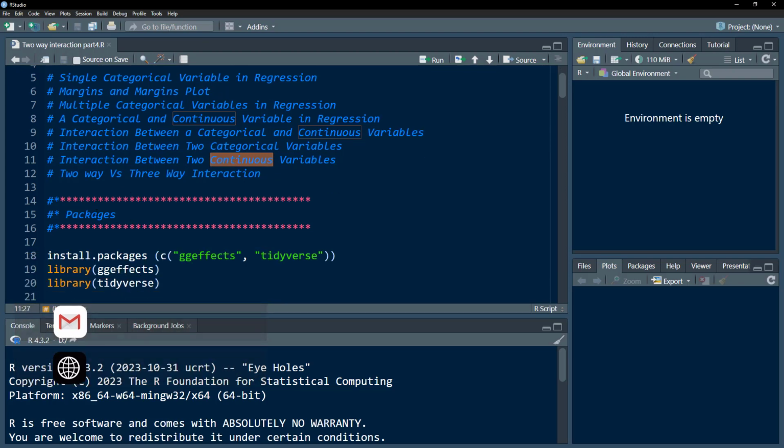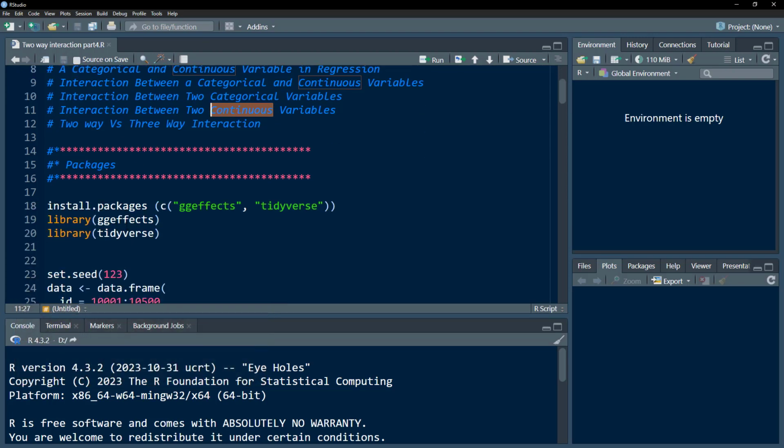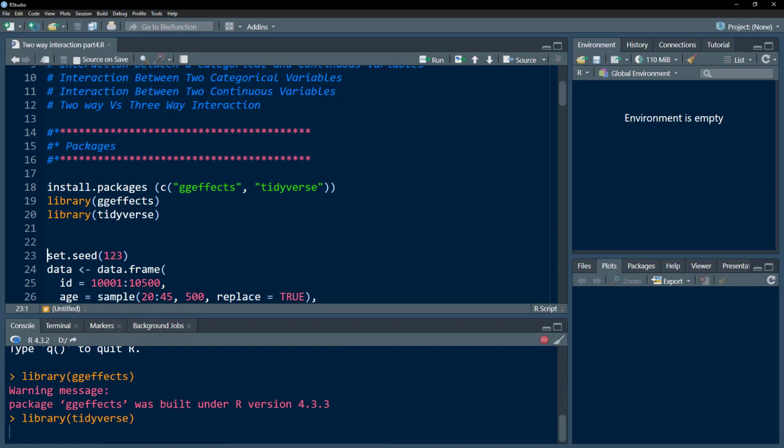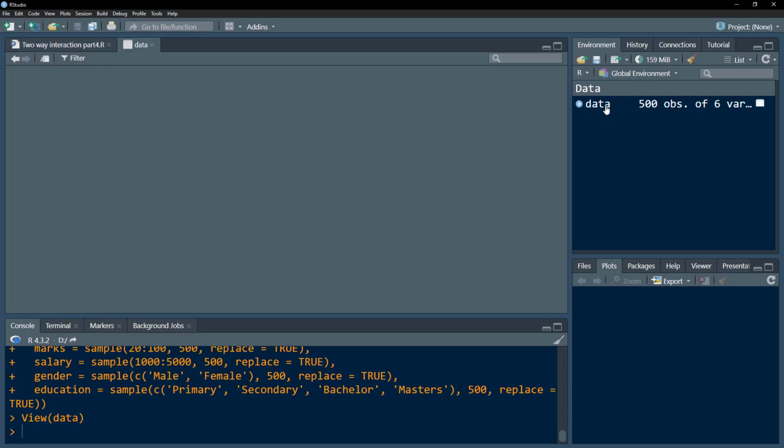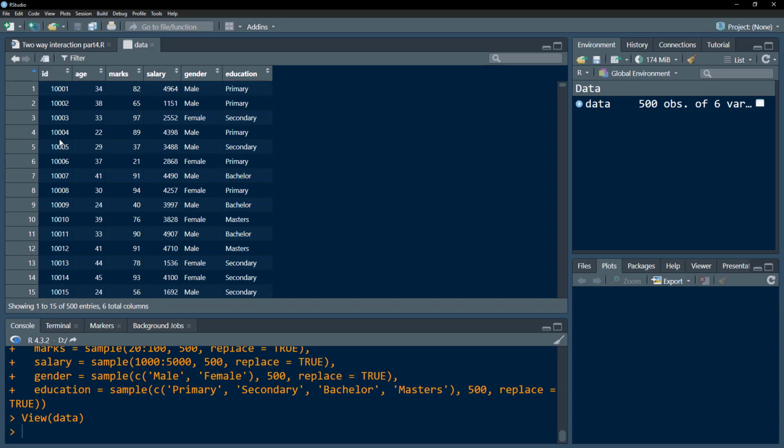So let's start with the packages that we are going to use. We are going to use the ggEffects and tidyverse packages. Let's load these packages, and then we are going to load our sample data. Let me show you this data. We have different individuals, their age, their marks, their salary, their gender, and level of education. These two are categorical variables, and the rest of the two are continuous variables, and the salary is